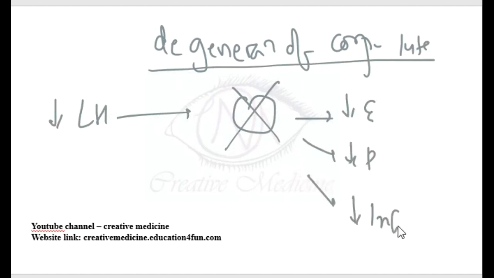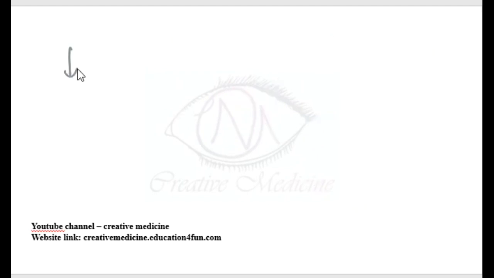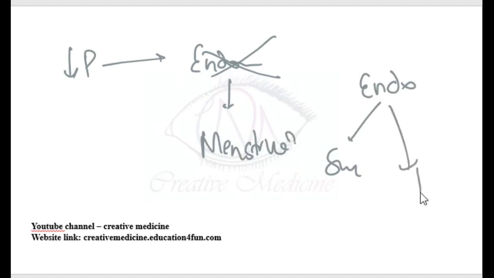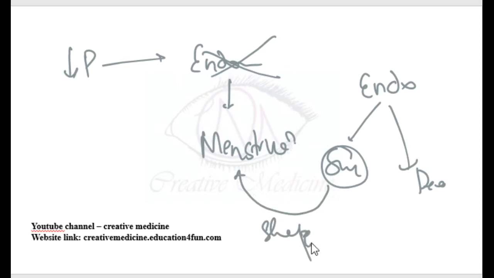Whenever there is decreased progesterone, support to the endometrium is lost. That is, the endometrium will shed as menstruation. That means the uterine endometrium has two layers, the superficial layer and the deep layer. The superficial layer will shed at the time of menstruation. The deep layer is the zona basalis. So whenever there is decreased progesterone, the support to the endometrium is lost, and as a result the endometrium